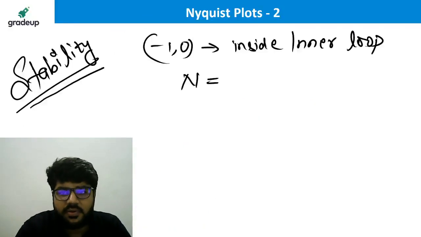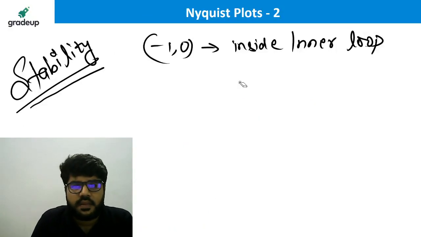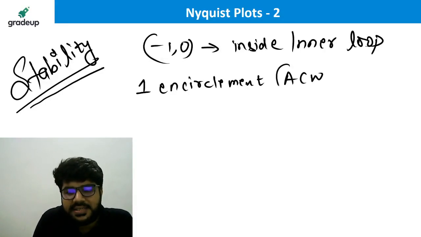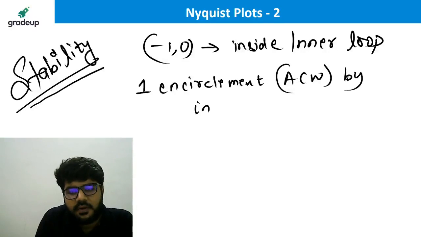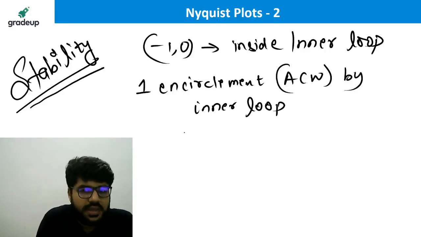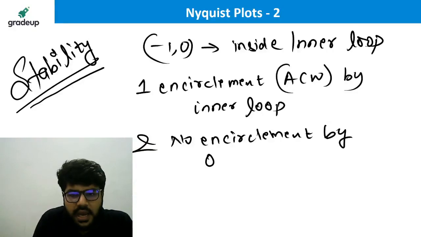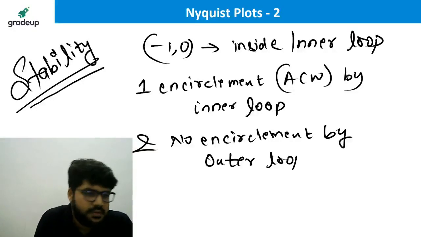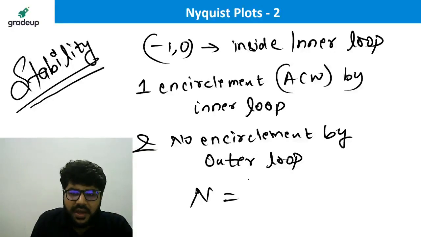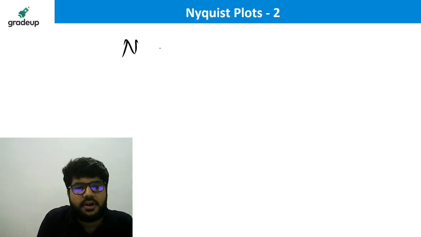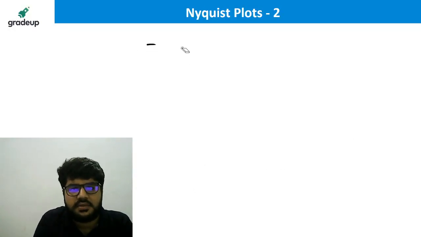Okay, so I will write down here n is equal to, you have one encirclement in the anti-clockwise sense by the inner loop, and you have no encirclement by the outer loop. Outer loop is not encircling. Okay, so what is the value of n? One encirclement anti-clockwise, so it is plus 1. It is plus 1. And then apply the formula n equal to p plus